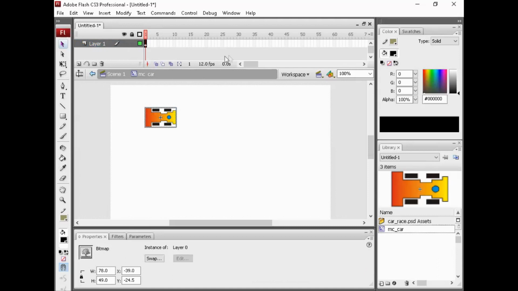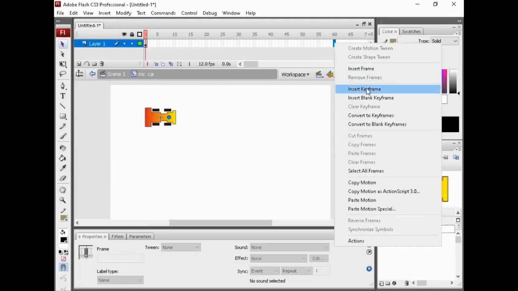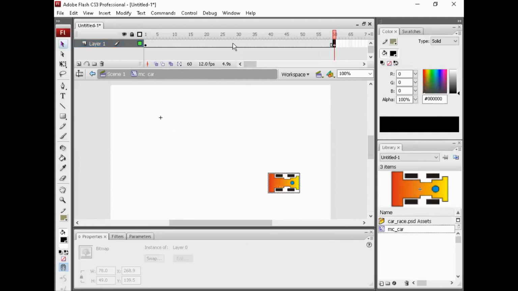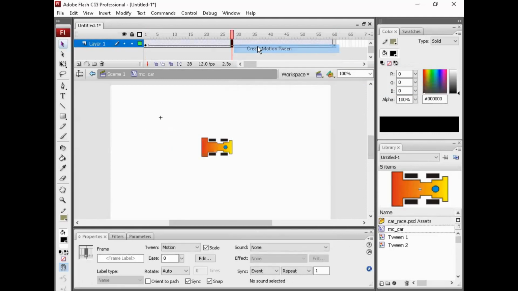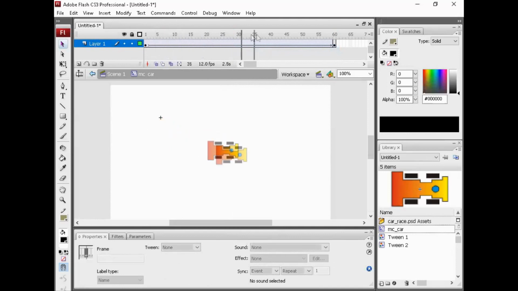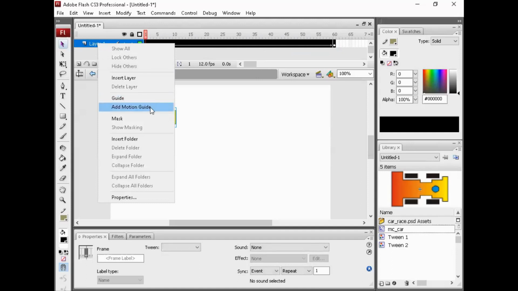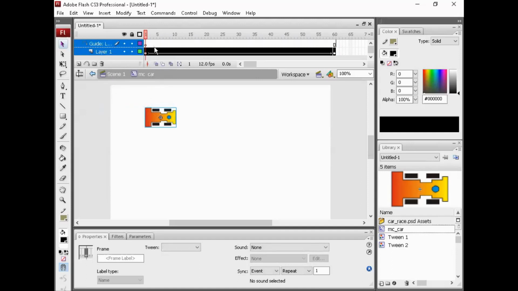We'll try to make a motion tween, and we show the moving. Now I want to add a motion guide here and start from here.